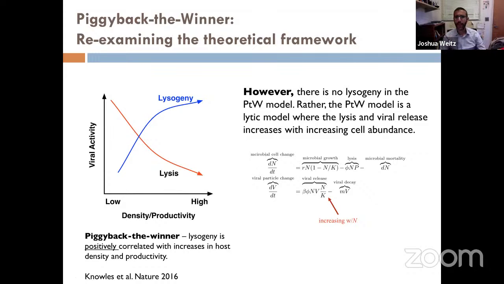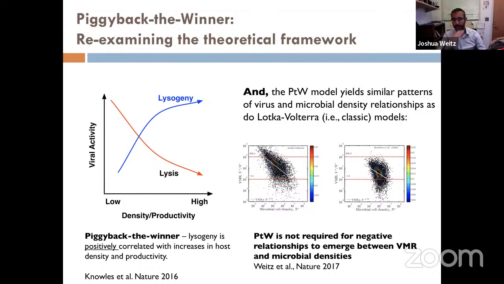It's true that if you look at the outcome of the model, it finds this pattern, and this is the result of our reanalysis of this work. But it is also true if you just vary parameters, because of parameter entanglement in the steady state outcomes, you can also get this feature that the virus-microbe ratio goes down as microbial density goes up, and you don't need to invoke this mechanism in order to see the same relationship. So that implies that this pattern alone may be insufficient to make the claim that this is a piggyback the